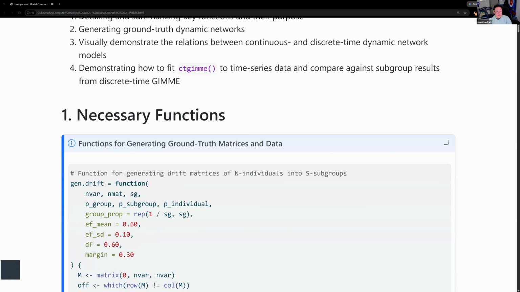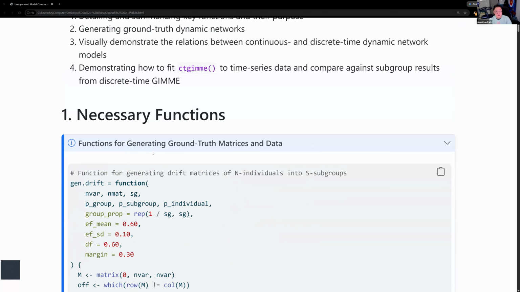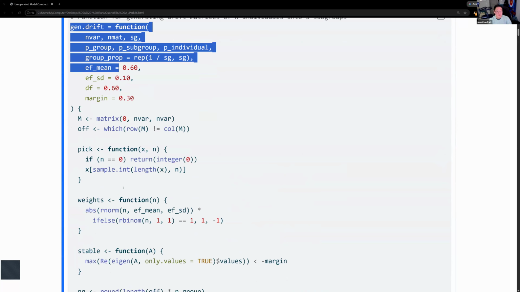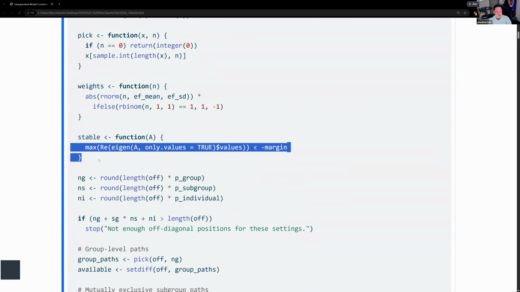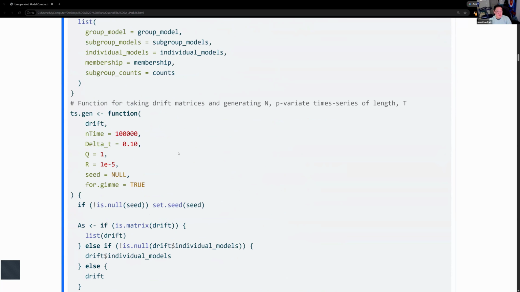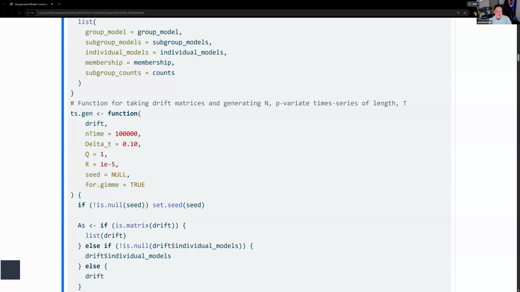So there are some necessary functions here. I'm not going to go into the individual arguments in the code, but basically there are two functions here: one to generate a drift matrix, so generate that dynamic set of parameters, which also does a stationarity check, as Sy-Miin importantly noted. And there's also a function for generating the time series using OpenMX. Here you generate time series, you select the amount of times you want, the sampling rate that you want, you provide your process noise innovations, your measurement errors, etc.